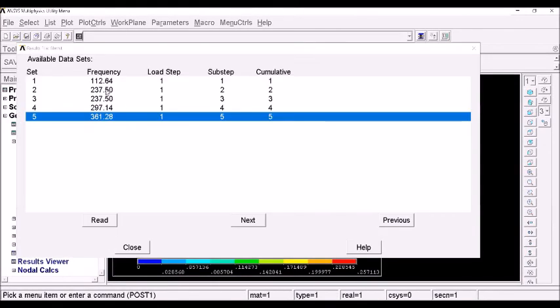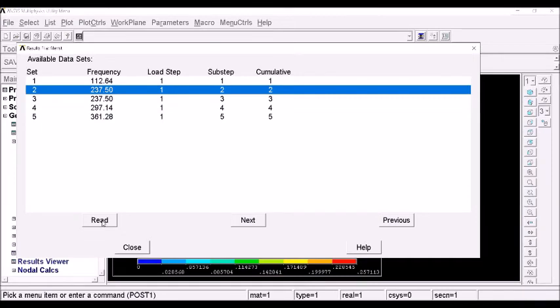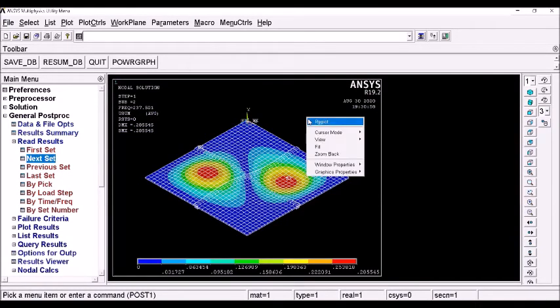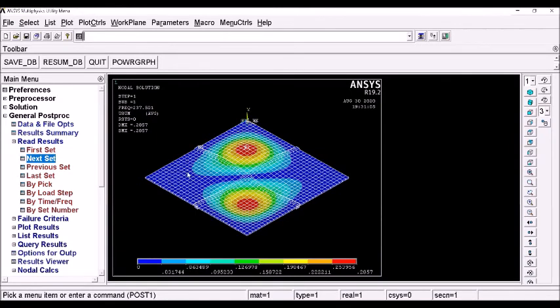Let me pick the second mode shape, read it and plot it. See, this is where the maximum deformation is coming for the second mode, but if I plot the third mode, it is in this direction. So symmetrically their amplitudes are the same, but mode shapes are different, frequencies are the same.